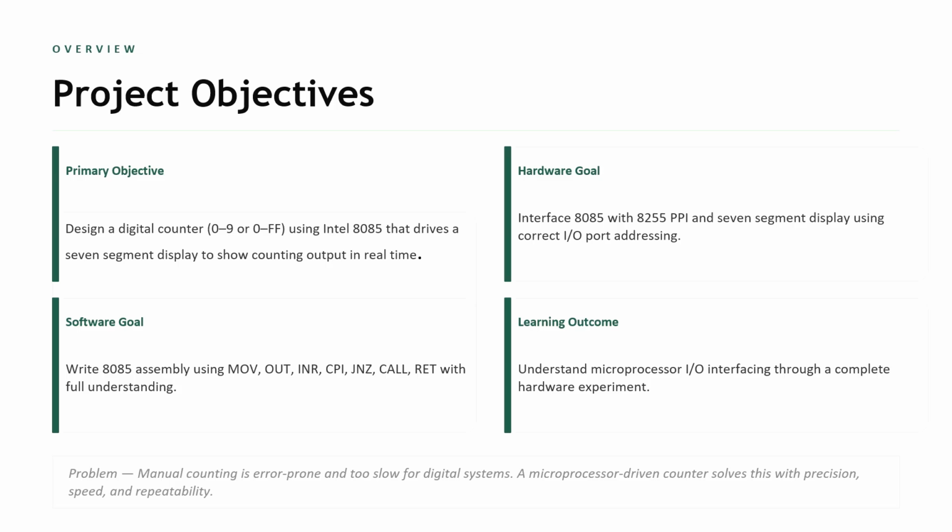We had four specific objectives for this project. First, the primary objective: to design a digital counter that counts from 0 to 9 using the 8085 microprocessor and drive a 7-segment display to show the output in real time. Second, the hardware goal: to correctly interface the 8085 with the 8255 programmable peripheral interface chip and connect the 7-segment display to it using the right